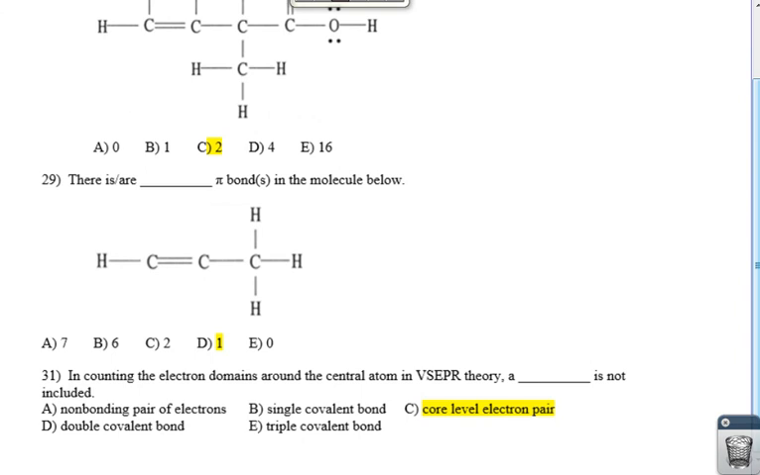31, counting the electron domain levels. We don't worry about any core electrons when we're talking about electron domain geometries. We're just talking about what type of electrons. Not the core. We focus on the valence. Yeah, this is valence shell electron pair repulsion. We ignore all the core electrons,